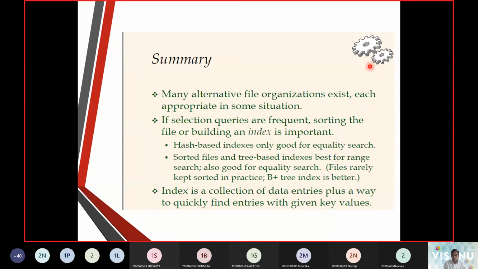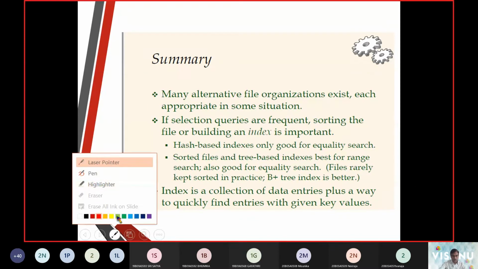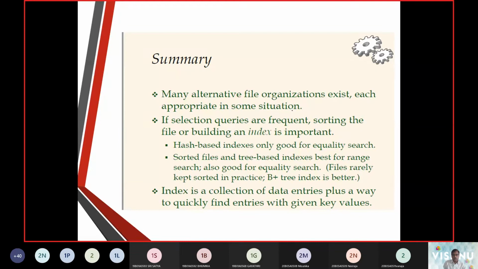So holistically, what we can bring up in this scenario is, we talked about indexing, we talked about the different types of file organization, and for indexing we talked about primary indexing and secondary indexing.